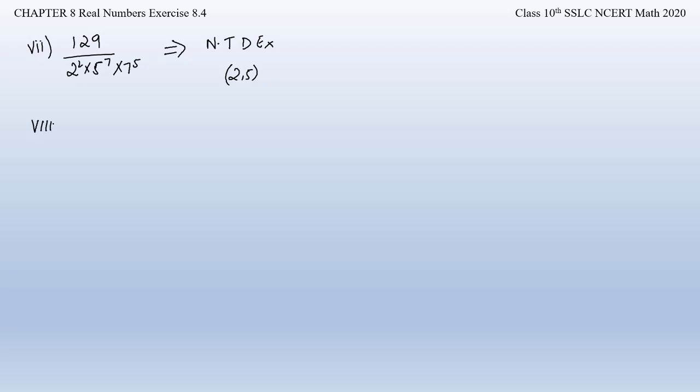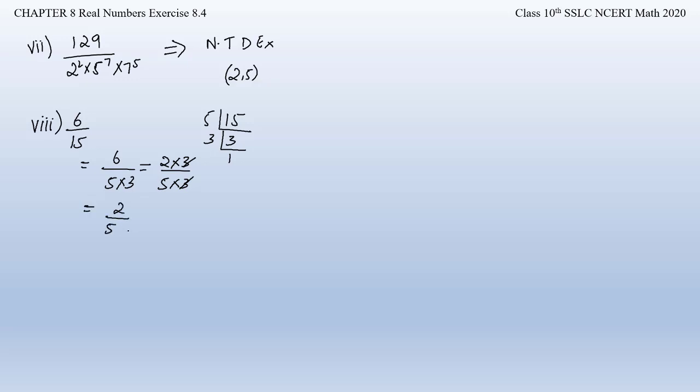Our question number 8 is 6 divided by 15. Again, if we factorize the number 15, we get 5 3s are 15. So factors of 15 will be 5 into 3. Now again we can notice here that we can write 6 as 2 into 3. So we can cancel out the number 3. So in the denominator we just get 5.